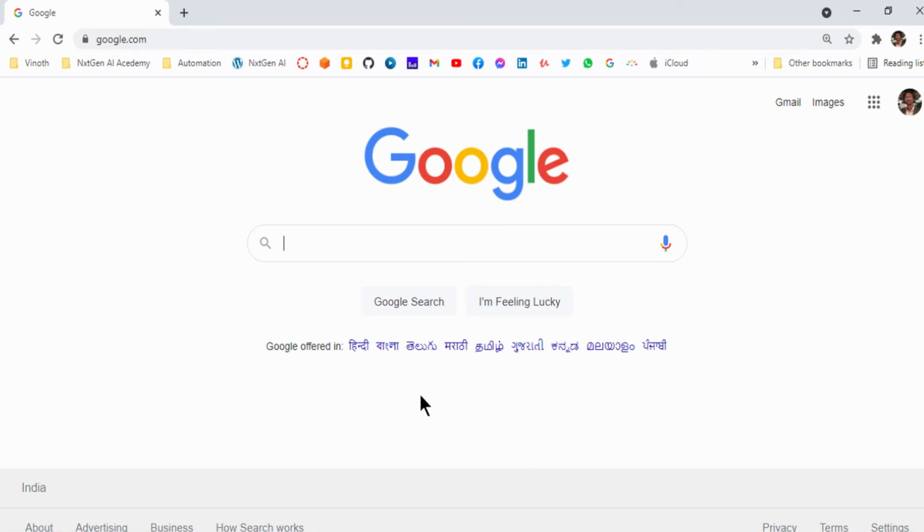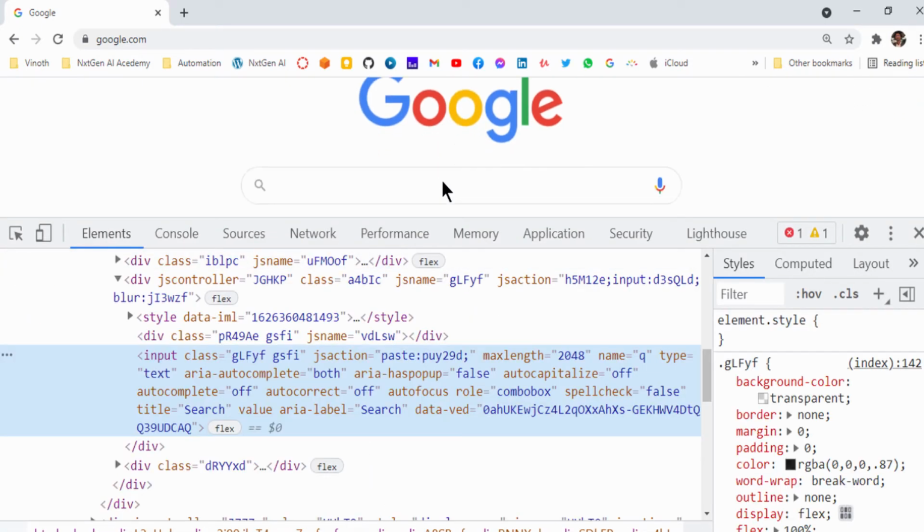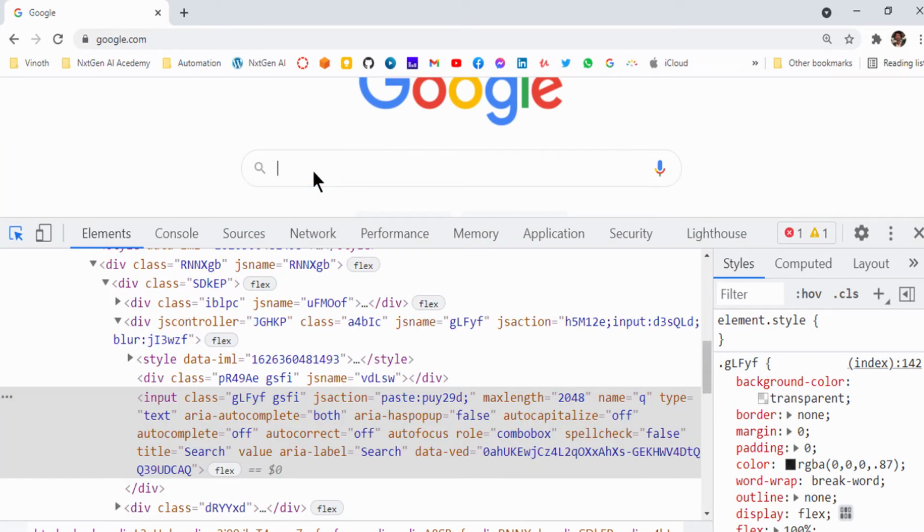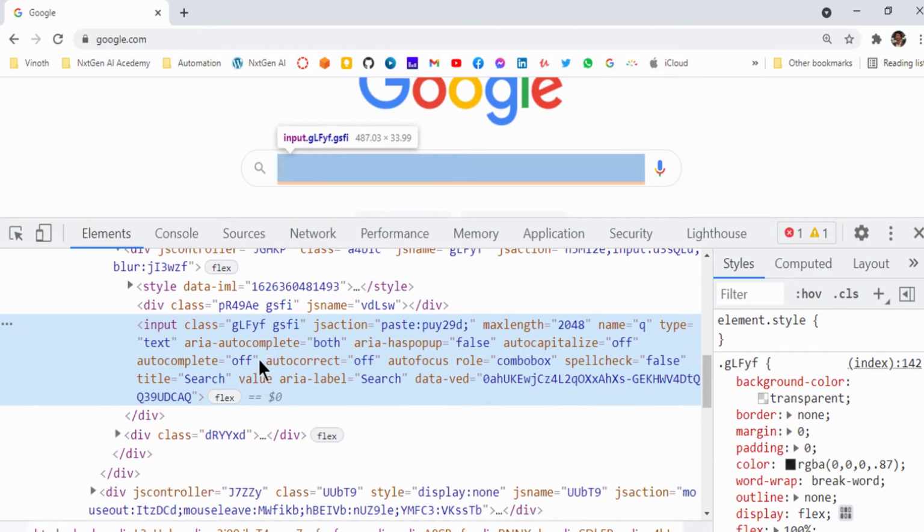The next step, we have to inspect the element. Right click, inspect the search box, and you can see here the locator is name and its value is q.